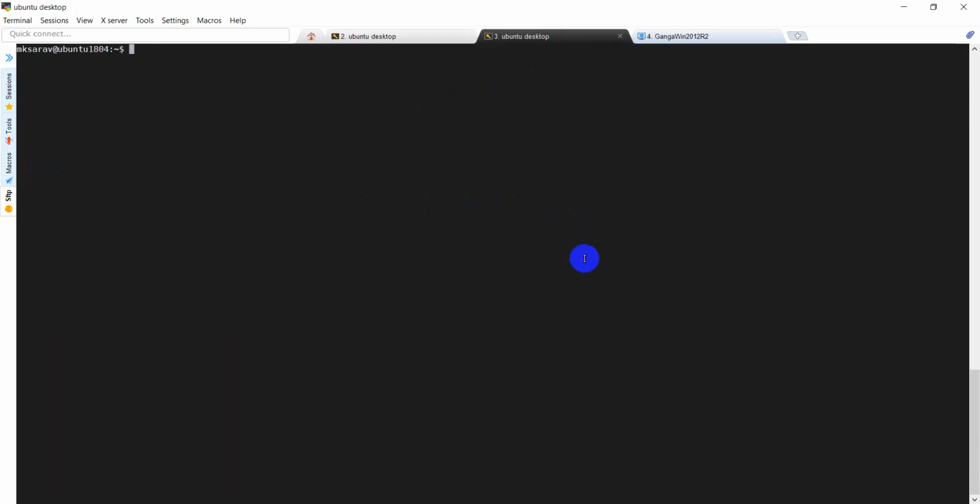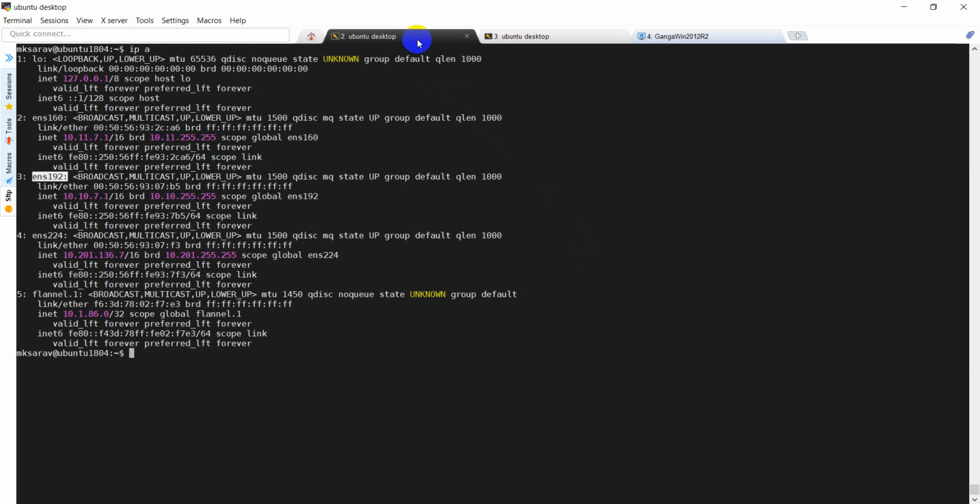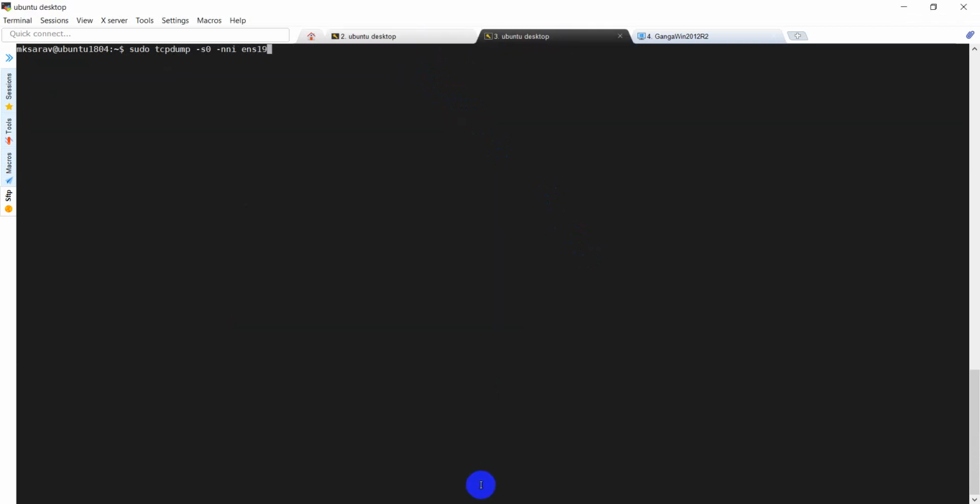I have another Ubuntu terminal here. I need to run a sudo command for the tcpdump packet capture. So let me do tcpdump -s0, which means capture the entire packet, do not restrict. For example, if you say -s100, it will only capture 100 bytes. When I say -s0, it will capture the entire packet. The interface name is ens192.